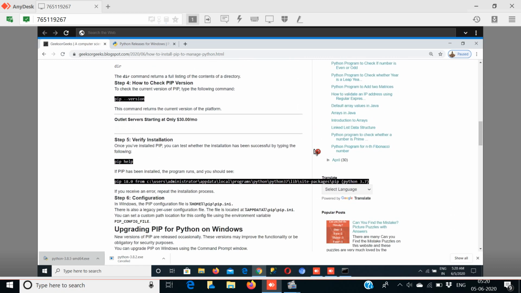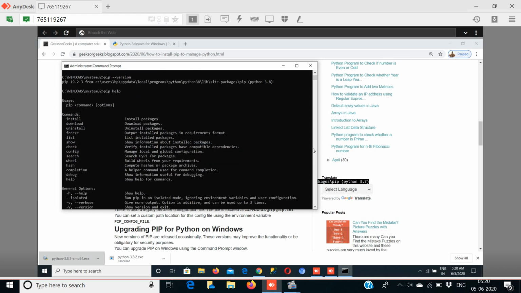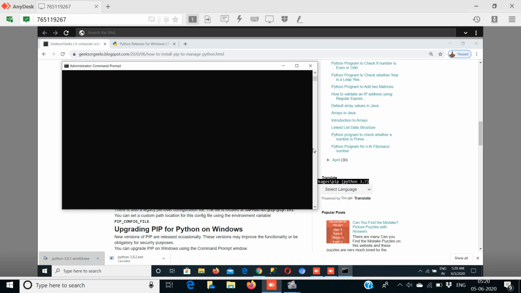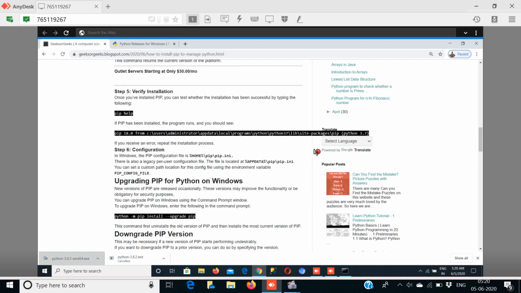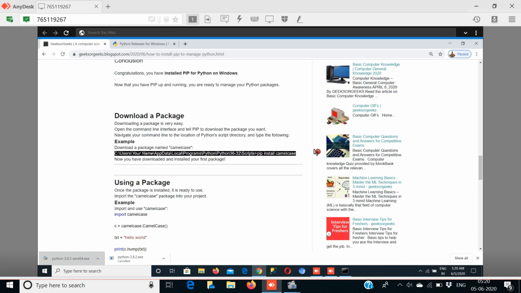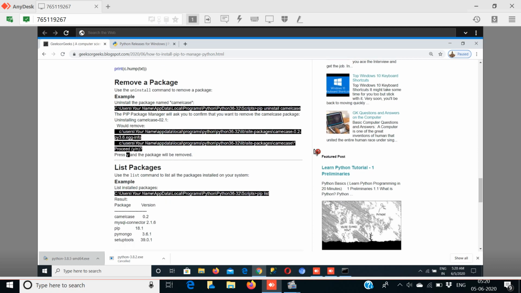You may verify the installation by pip help. See, it will give all the commands. Now we can install libraries into it. Any library you can download. Package and libraries are similar, the same.